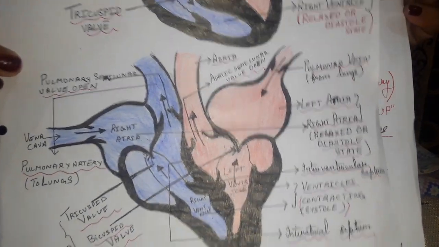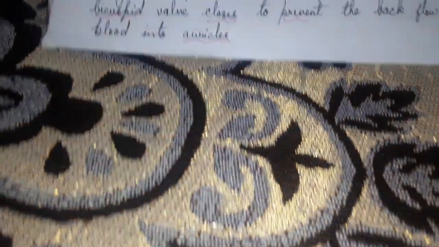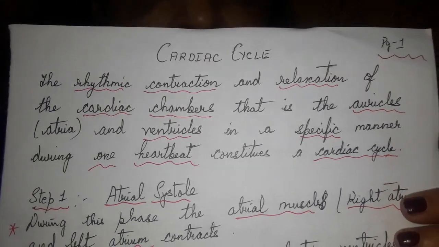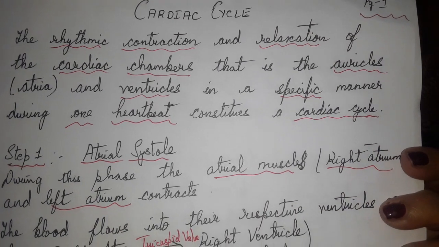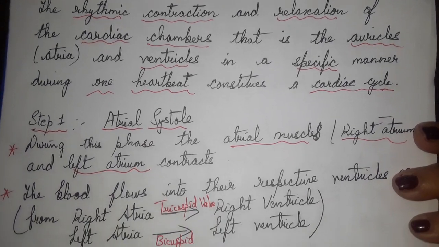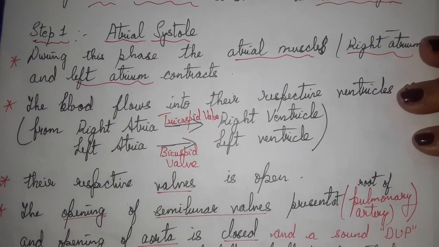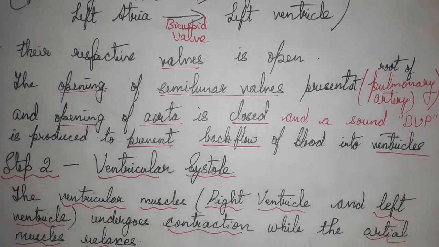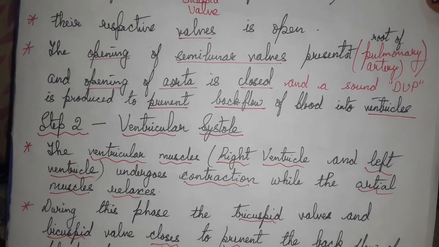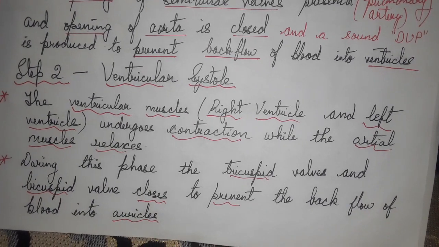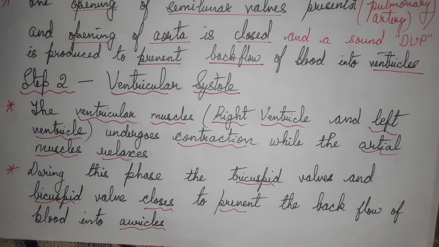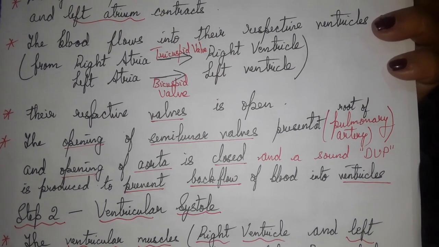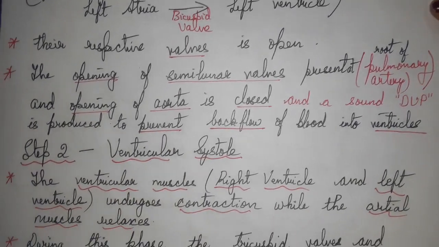So, you can go through it. We start off with the cardiac cycle, which includes the atrial systole, ventricular systole. There is one term, joint diastole, when all the four chambers of the heart are in relaxed position. That occurs after ventricular systole, for a brief period. So if you are asked what is joint diastole, you have to say that it is when all the four chambers of the heart are in a relaxed position.